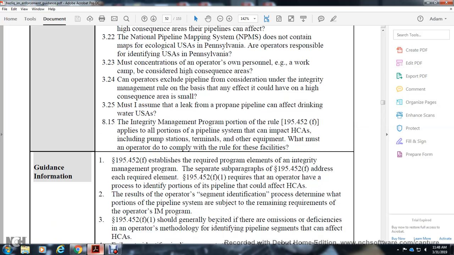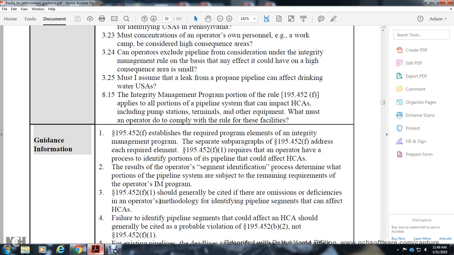General guidance information: 195.452(f) itself lists the required program elements of an integrity management program, separate from paragraph 195.452(f), the driver of each of the required elements. 195.452(f)(1) requires the operator to have a process to identify the portion of the pipeline that can affect a high consequence area. (2) The result of the operator's segment identification process determines what portions of the pipeline segments are subject to the remaining requirements of the operator's integrity management program. 195.452(f)(1) should generally be cited for the omission or deficiency of the operator's methodology for identifying pipeline segments